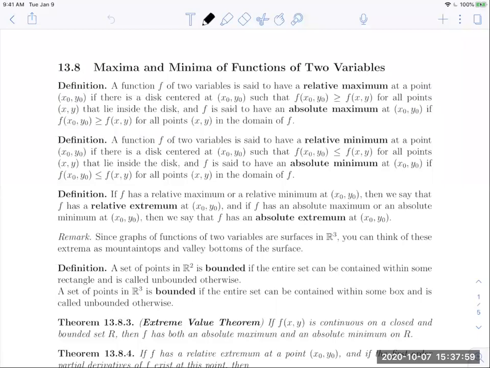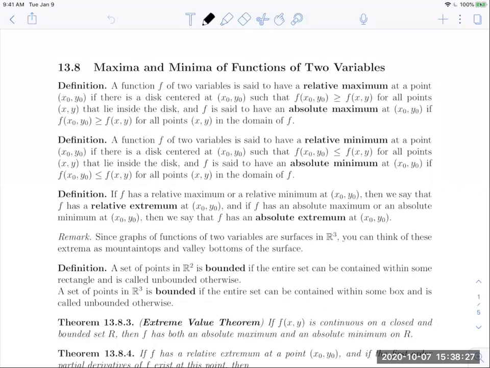In Chapter 13, we've really been working toward a thorough understanding of how to work with multivariable functions and how to perform calculus operations on those multivariable functions. The culmination of Chapter 13, namely Section 13.8 and 13.9, focus on how to best optimize these multivariable functions. So in Section 13.8, we're going to look at how to find both maxima and minima of functions of two